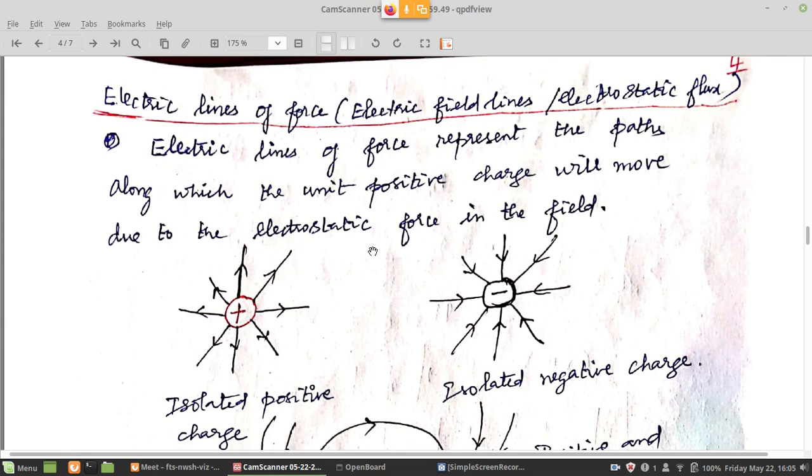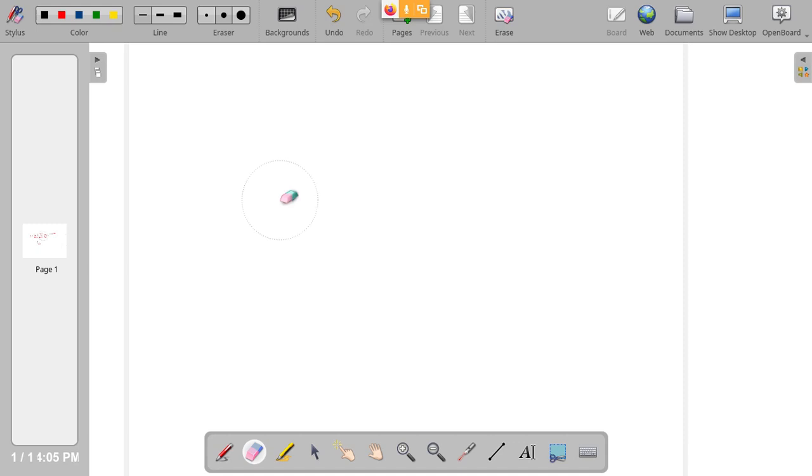We know the Coulomb force between 2 charges acts along the line connecting the 2 charges. This is how we learnt it in the vector form of Coulomb's law. Let us say there is a positive and a negative charge. There is going to be a force of attraction between those 2 charges, and the direction of the force is like this, along the line. We call this some vector r cap, the unit vector.